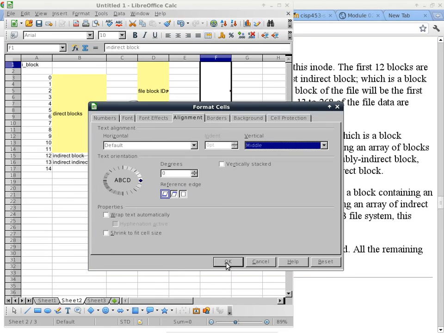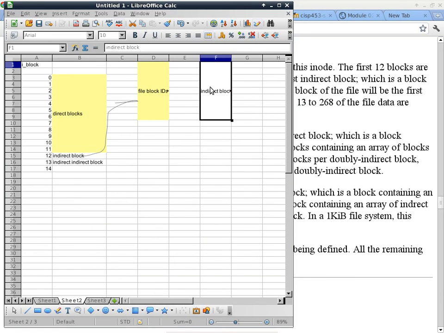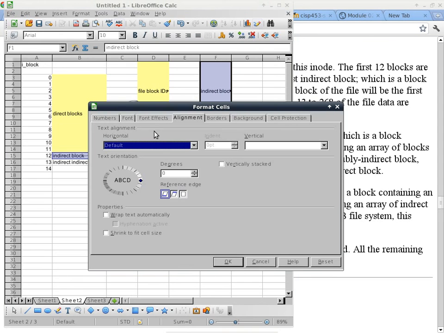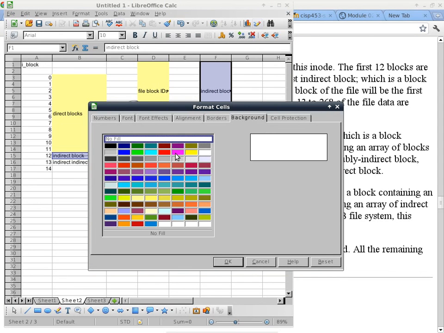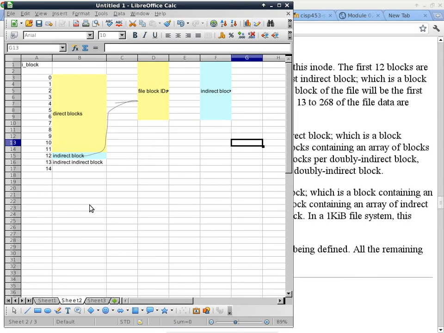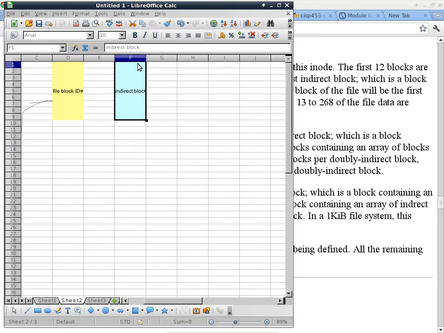Wonderful. Okay, I will highlight these two using the same color because they are both pointing to file block ID blocks. I will highlight these two exactly the same way because they serve the same purpose. I'll use a light green color here. That helps actually. So that means each item from here points to a yellow block. I'll just use two to represent that. So 1,